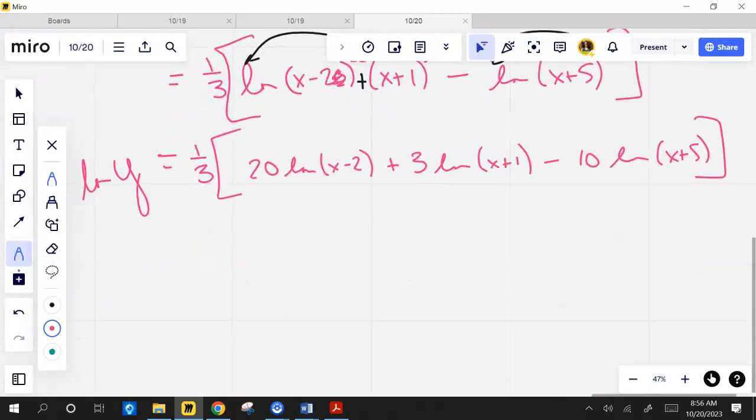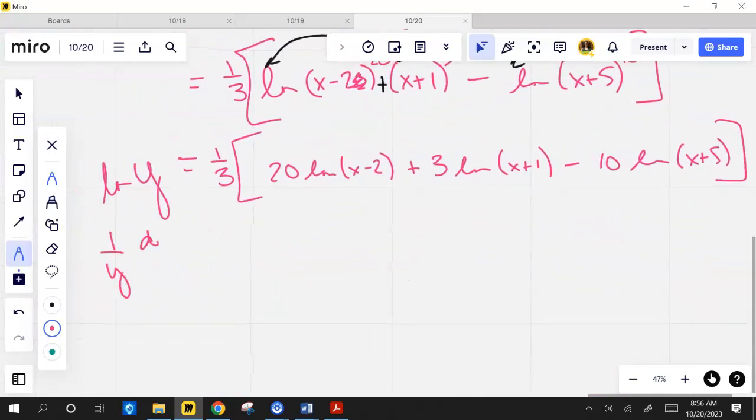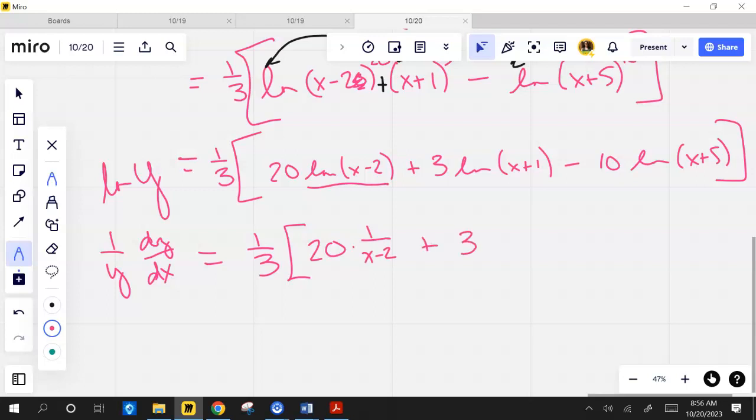Okay, so on the left side, I've got 1 over y dy dx. Now we're back to where I want to be. Equals. How am I going to take the derivative of all of this? Oh, good gracious. But remember the coefficients in front just stay out front. So I'm going to do 1/3 and 20. Well, what's the derivative of the log of x minus 2? 1 over x minus 2. Plus, what's the derivative of this one? 3 times 1 over x plus 1 minus,